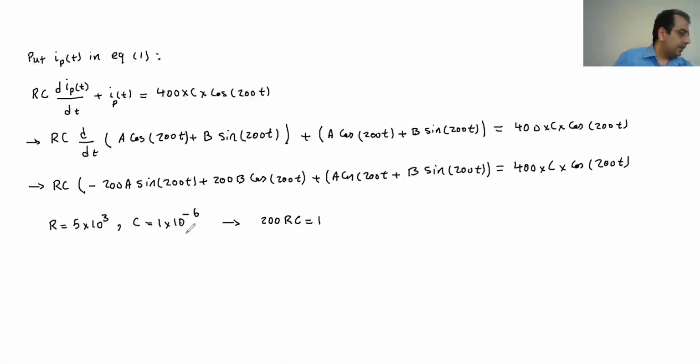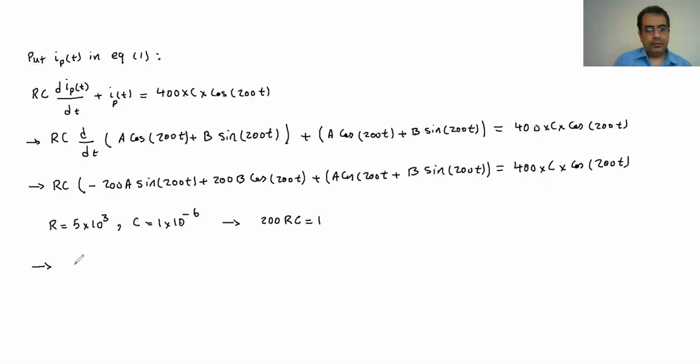You do the calculation, and you will see that. 200 times RC: 2 times 5 is 10, and you have 10 to the 3 here, so 1 zero from the 10 and 2 zeros here will be cancelled out by 10 to the negative 6. So eventually this is going to be 1. So if you substitute that into this equation and simplify,